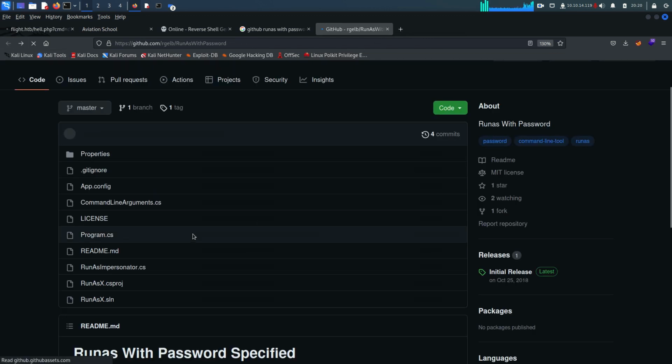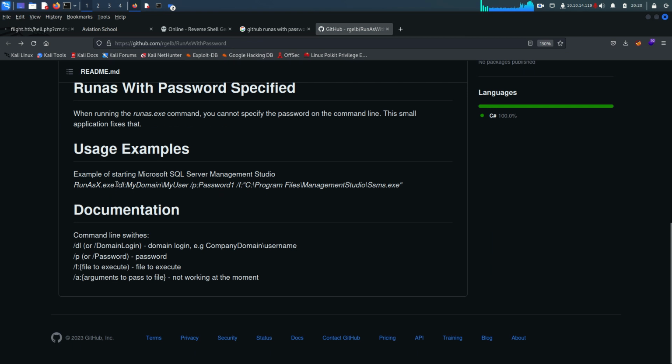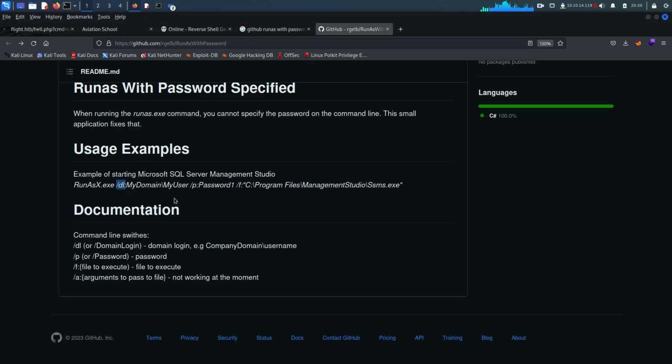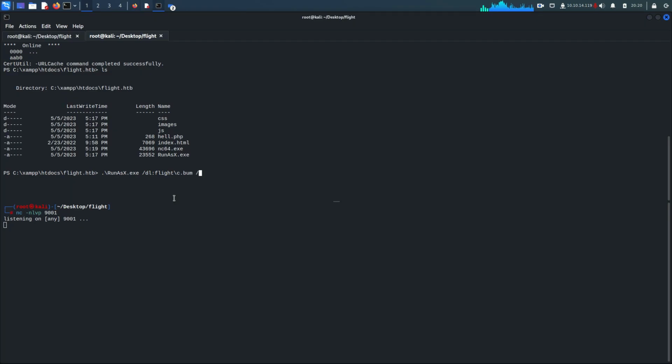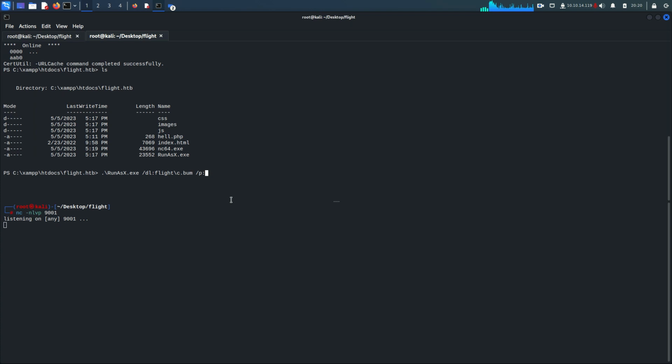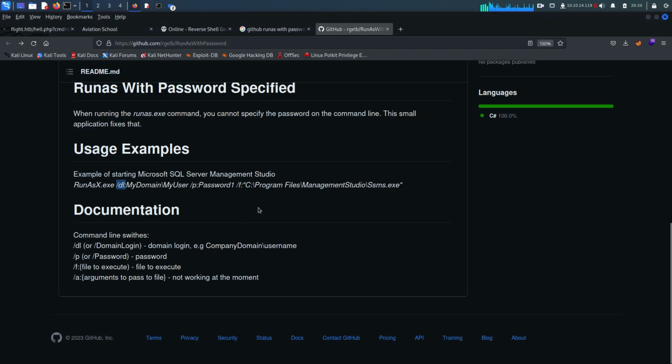We don't need that. dl, so /dl: then the username c.bum, then p for password, and the password for c.bum is this one. So copy that, come back here, paste it here,